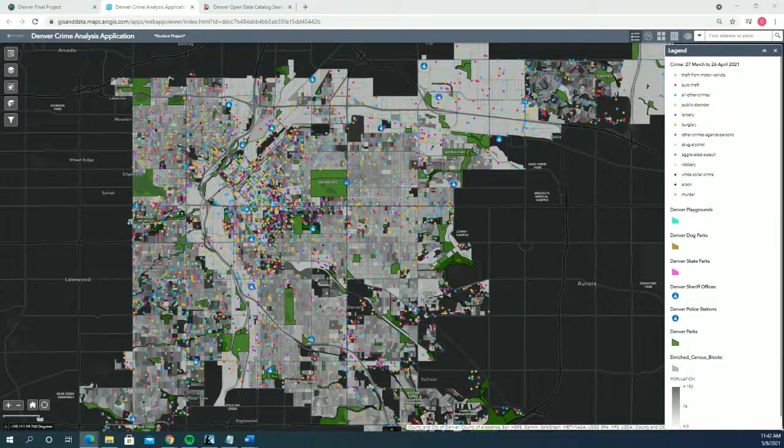So to begin the presentation, we're going to go over some of the layers and sources used for the web application. The basis of the web application is the crime layer, and that crime layer was reduced from a data set that incorporated over 5 years worth of data down to just 1 month, from 27 March to 26 April 2021. Some of the other layers we incorporated were playgrounds, different types of parks, police stations and sheriff offices, and